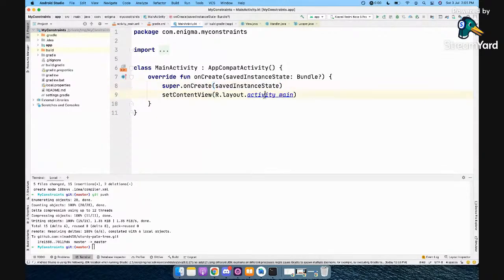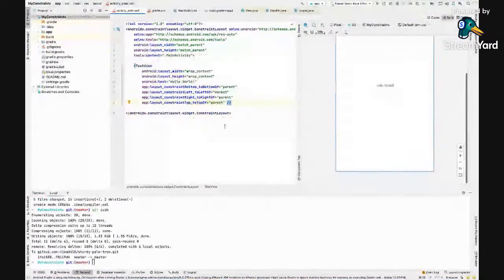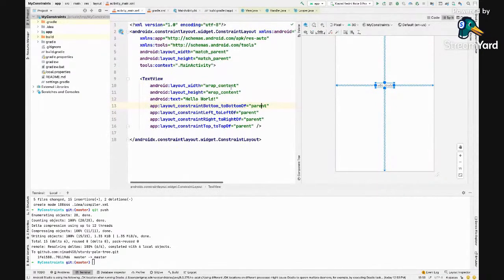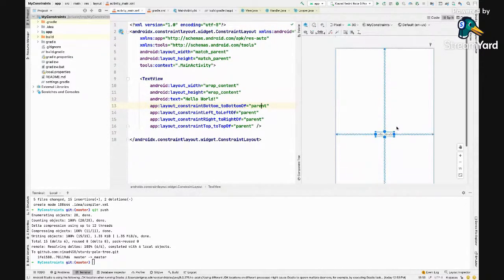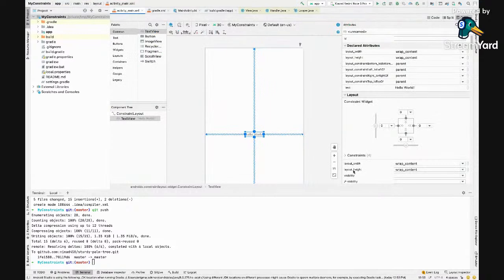Okay, so I have nothing right now. This is a bare-bones project. We do not have anything, so we'll just add as we go along. Okay, so there are a few things which constraint layout offers which others don't. You won't see them in linear layout or frame layout or anything till now. One of the examples is, let's say you're taking an image view.